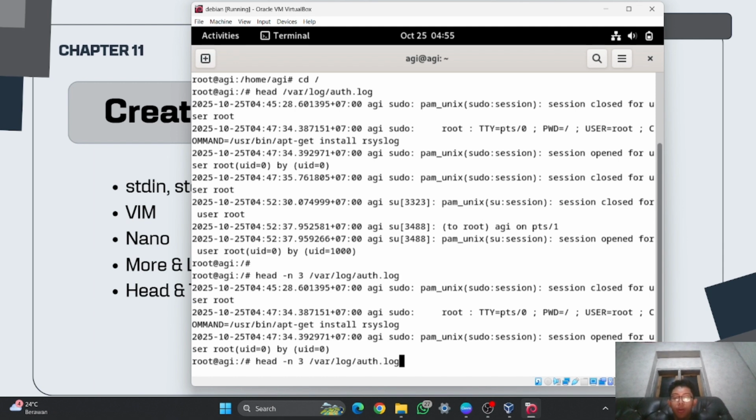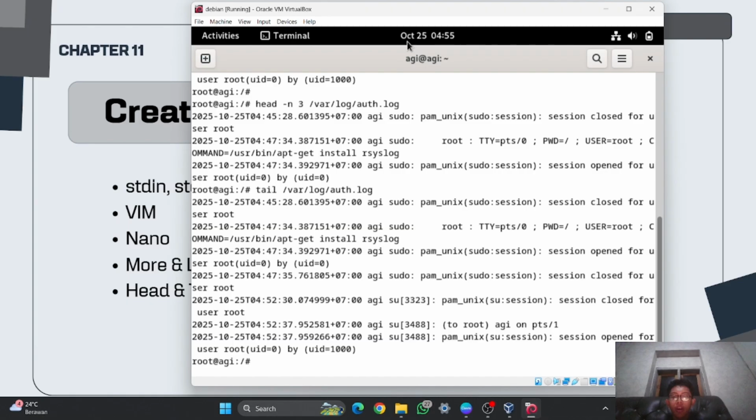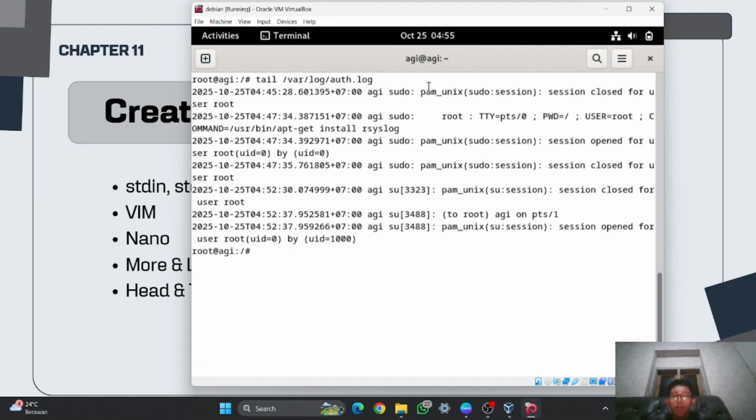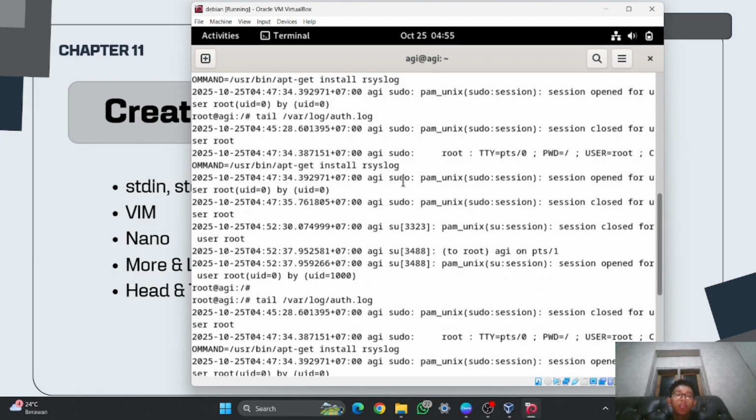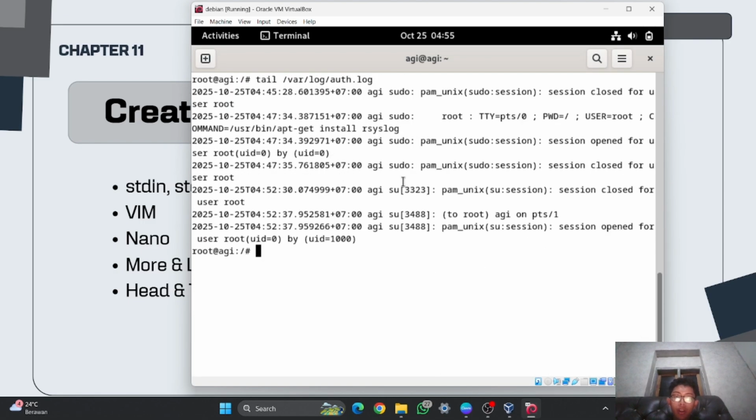So here I will try tail, and it will show, wait, I will clear it again, it will show the last 10 rows. 1 2 3 4 5 6 7. I don't know why it's only 7. Maybe it is not 10, but only 7.